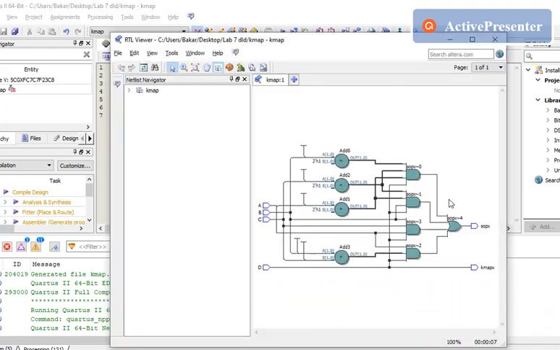This is our RTL view, in which we have the inverted NOT gates and AND gates similar to the Proteus circuit. We have already made the connections so that they follow the required values and required combination.